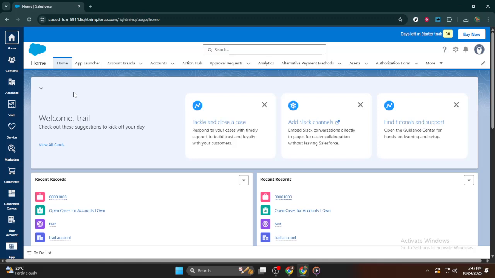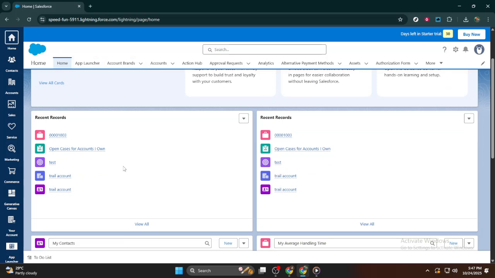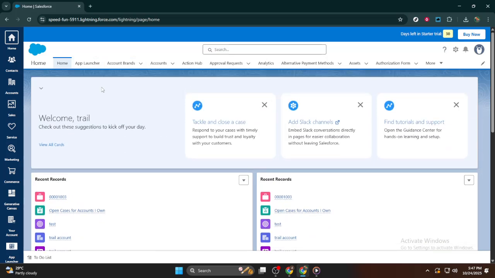First, you need to begin by logging into your Salesforce account. Enter your credentials as you ordinarily would to access your dashboard. Once you've successfully logged in, take a moment to familiarize yourself again with the layout, making sure everything looks as expected. This is your main hub for navigating Salesforce, and being comfortable here ensures you can find what you need